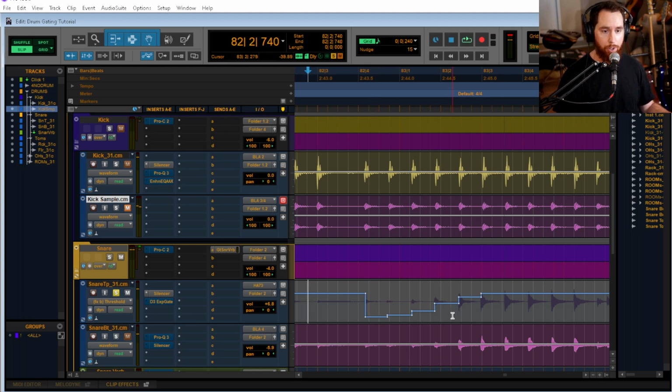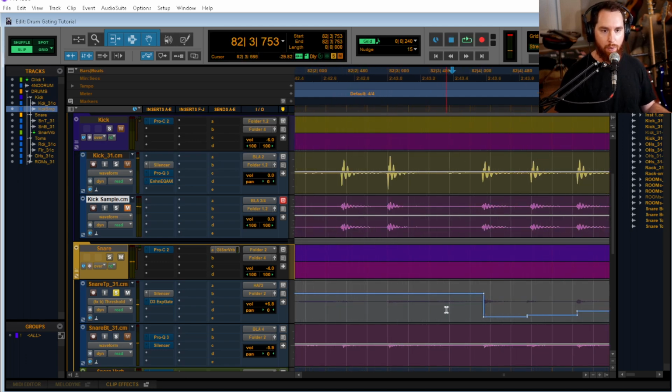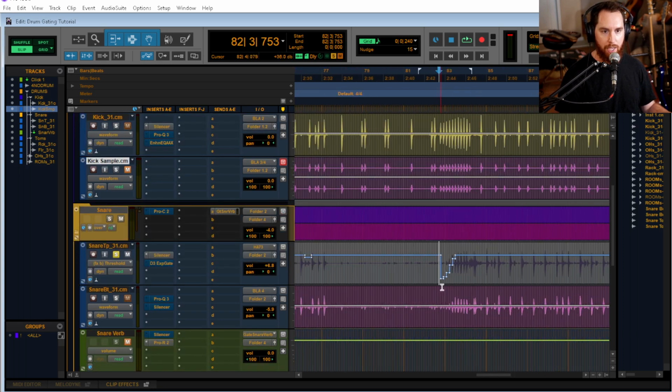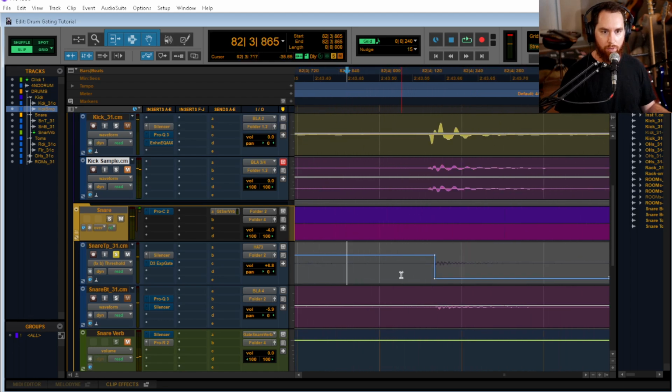Now we're letting all those notes through, but had we just put the whole song with the threshold that low, we're not really gating anymore. So that's why we use automation. Automation is key with gates. So now, in fact, I'm actually going to scoot this, and you can highlight automation and use